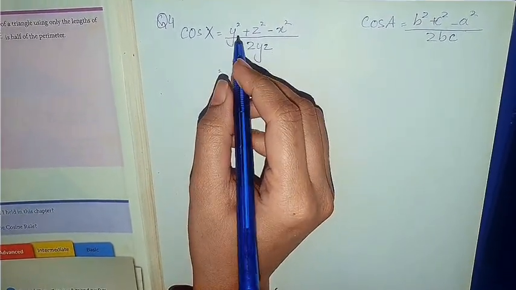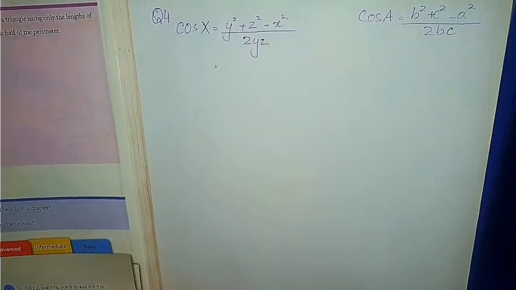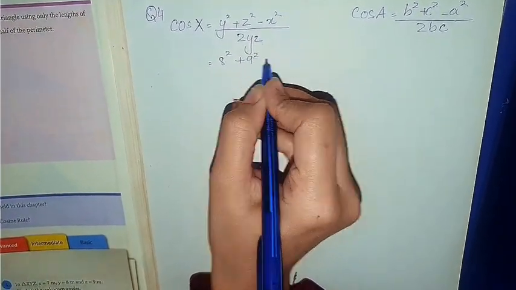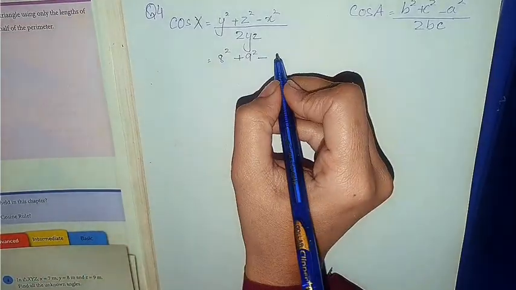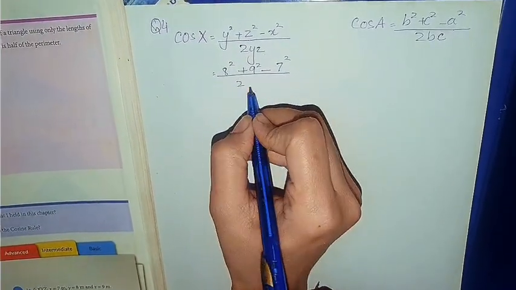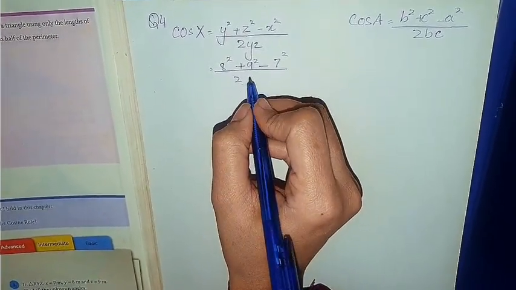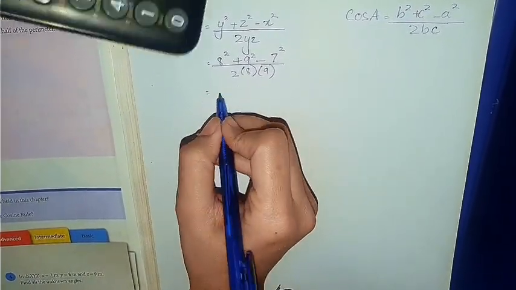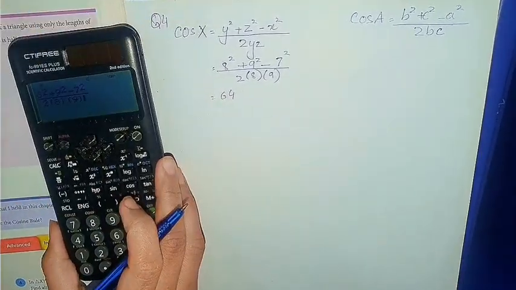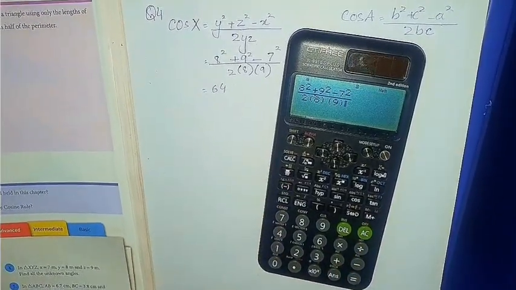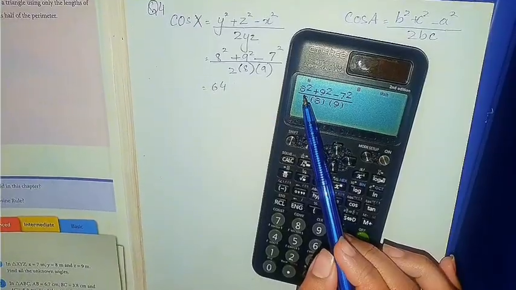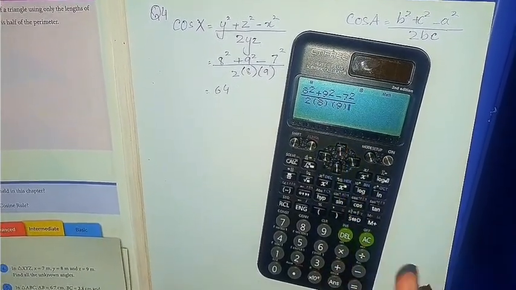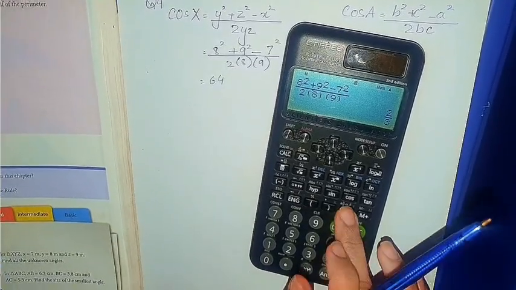Now I am putting the values. What is the value of side Y? You can see in the question this is 8 and Z value is 9. So 8 square plus 9 square minus X value is 7, 7 square upon 2YZ. What is the value of Y? Y is again 8 and Z is 9. So 8 square is 64, and you can do it by using a calculator as well. Put all the values in the calculator, it's very easy for you. 8 square plus 9 square minus 7 square upon 2, 8 and 9 multiplying, and now this is